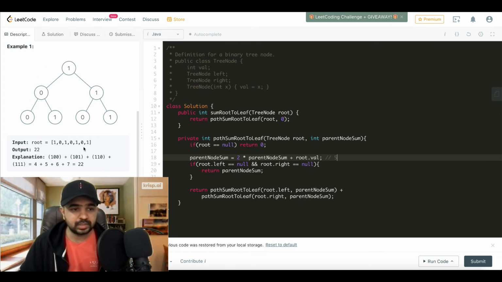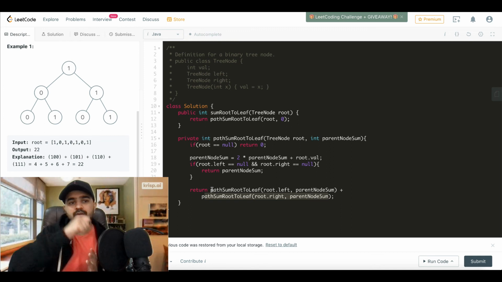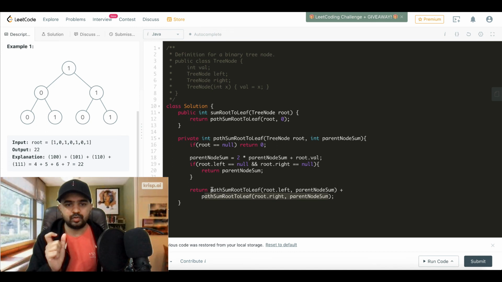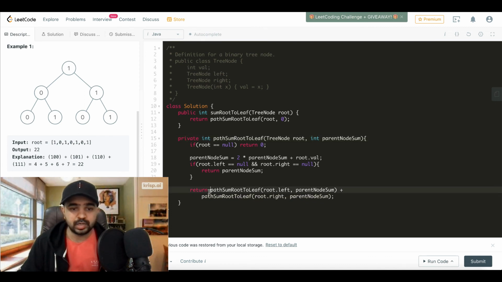So for this path, we see now it's a leaf node. For this path, the parent node sum will become 5. So when this recursion comes back from these two children, this path sum root to leaf will return 4, and this will return 5. So for this node, the value will become 9, because we have done 4 plus 5, 9, and it will return it back to the parent node. So from my left tree, I got 9. So if we go back in the recursion tree, for the root node, this will return 9.